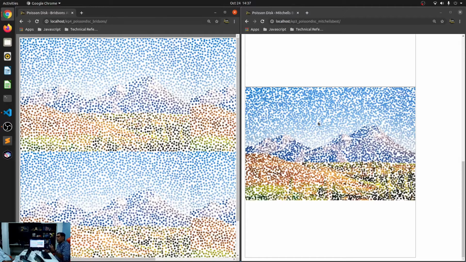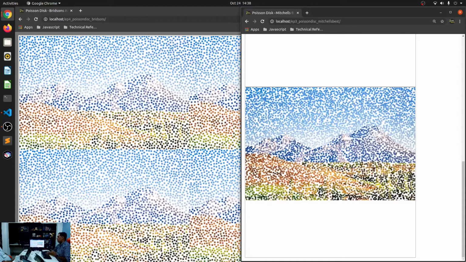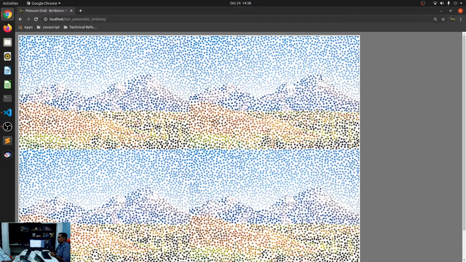So, harking back to what I was saying last week, if nature had to spread the cells, the cones and the rods, onto your retina evenly in a blue noise fashion, this would be the perfect algorithm. It would be semi-perfect. It would be closer to perfection than Mitchell's best. So comparing the two, you can easily see which one is better. So that's about it.